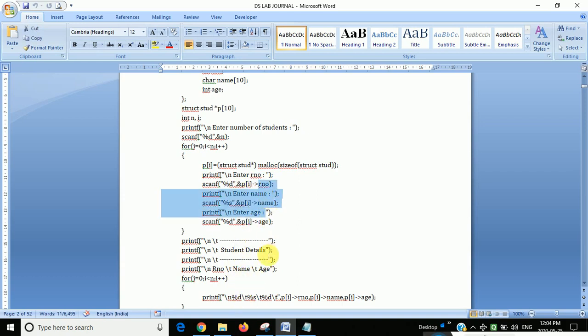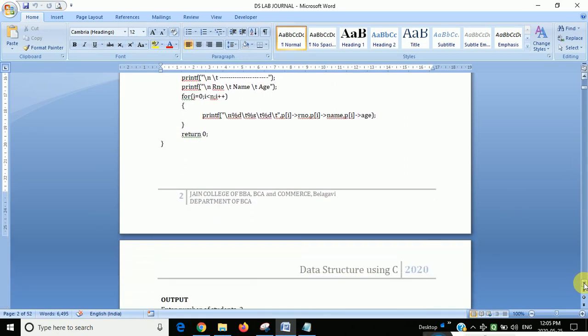Input is here, output is here. So P of I, roll number, P of I. Here we should not use the address because it is printing the element. Here we have to use the address because it is accepting the element. So we are asking enter roll number, name, age. After that it will accept and it will display. See the output here.